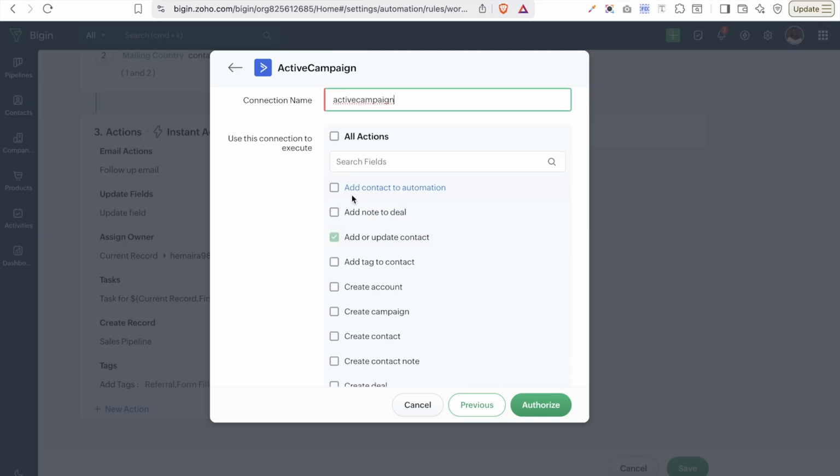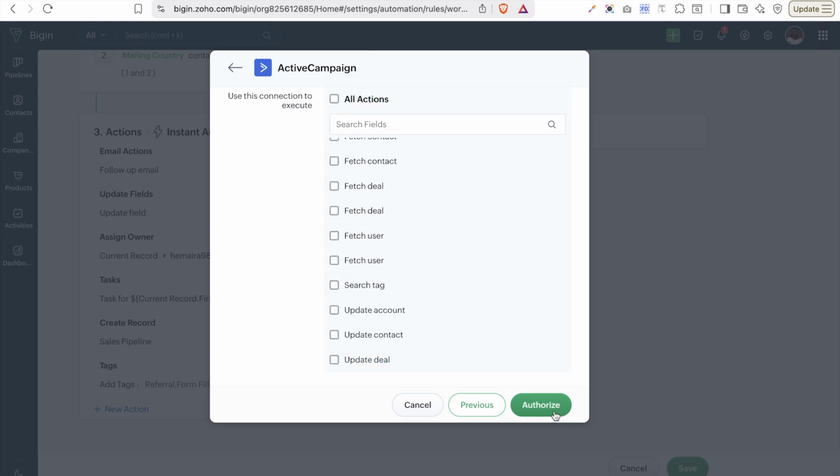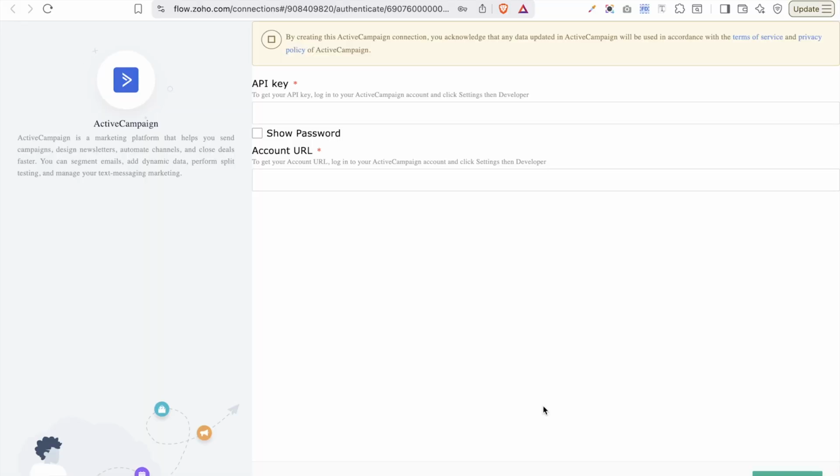and it is asking us to use this connection to execute. You can decide that you want it to execute all actions, or you can decide to just execute the ones you've added. And when you are done, you can click on authorize, and this should help you. It is going to go back into Zoho Flow, where you can authorize that